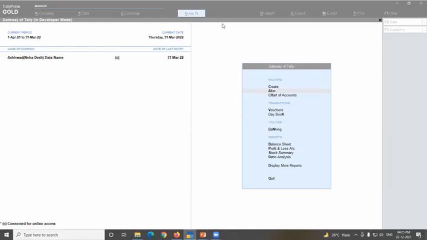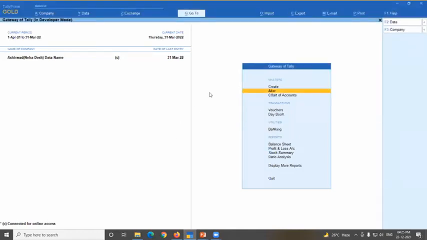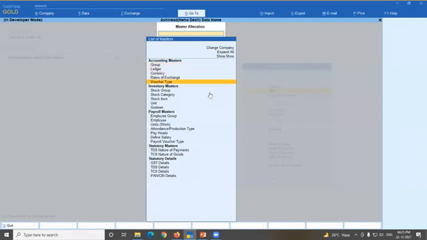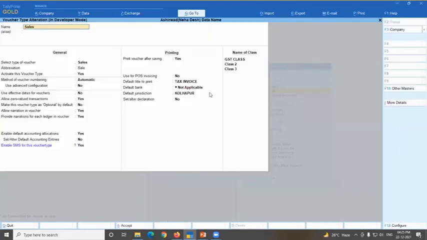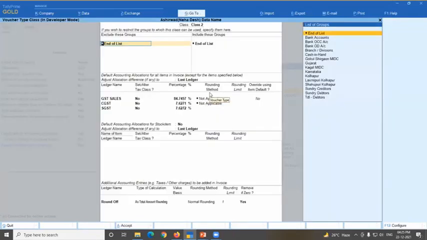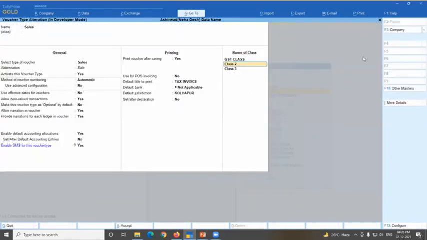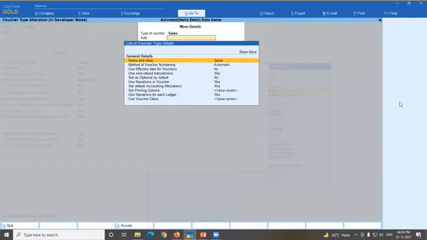In that voucher class, meaning the voucher class you just opened, the right side strip is there, na, more details and all. Yeah. So, more details and other masters. Yeah, but that is not for voucher class. That is for voucher. See here? Voucher. Yeah, so that is actually another detail of the voucher type.